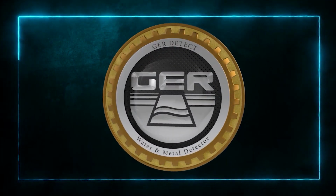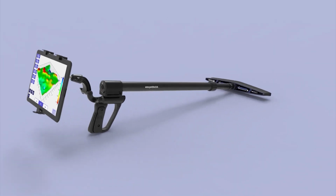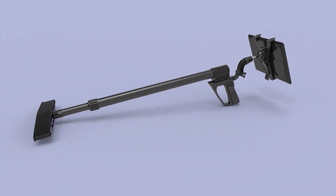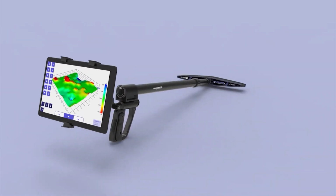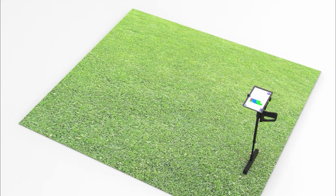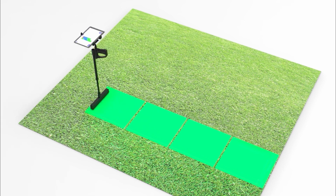GER Detect has created the first device of its kind in the world that functions with three professional scanning and imaging techniques, with a multitasking imaging sensor with modern and highly effective techniques supported by a lightweight moving arm to facilitate the scanning and imaging of targets. Ground Live Scan System, Wall Live Scan System, 3D Imaging System. In addition to the feature of distinguishing metals and voids with two different sounds,